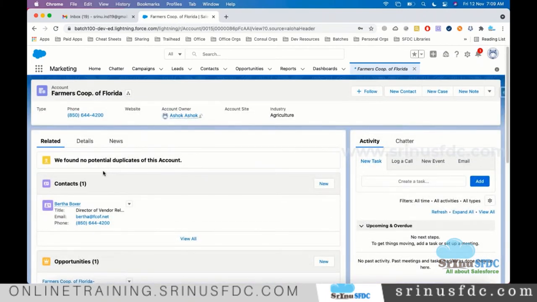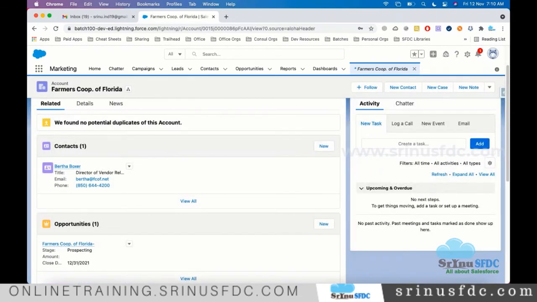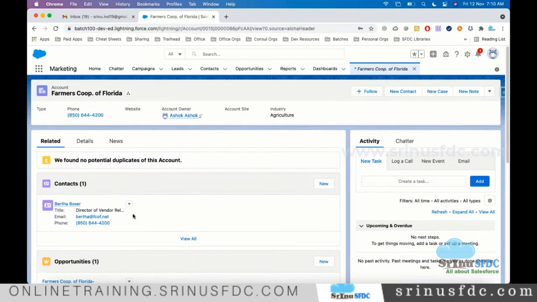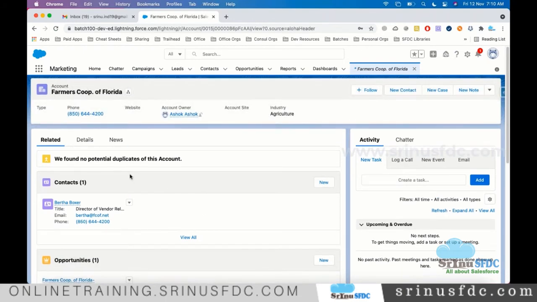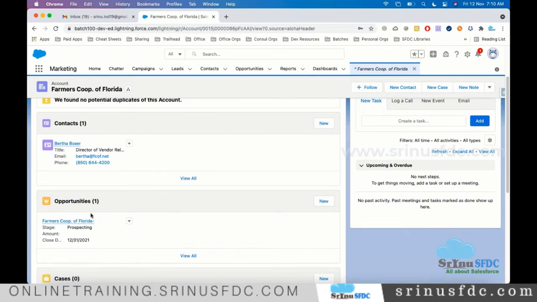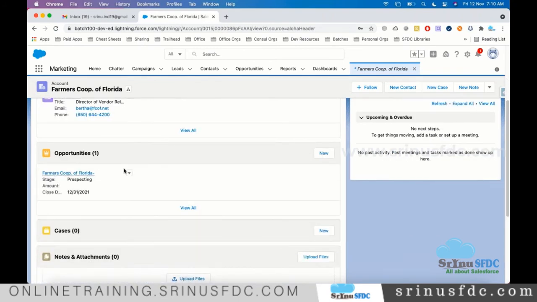Under one company, there can be multiple employees, right? For now, only one contact. Going forward, let's say this person is on leave, and in place of this person some other person needs to work. Then one more contact will be created for this company. All the employees of this company will be created as contacts here. Also, this company might purchase the product multiple times, not only one time. Maybe after one year they might buy again. Each and every time whatever they deal, that is captured as an opportunity.